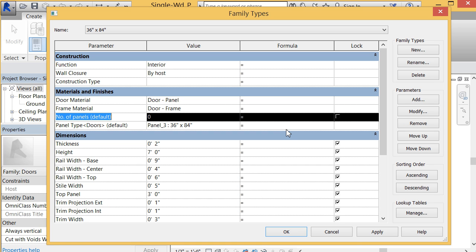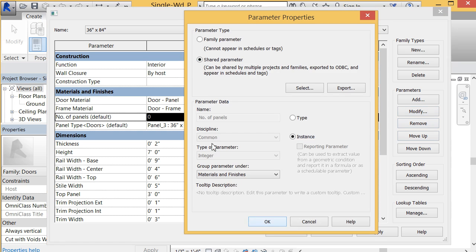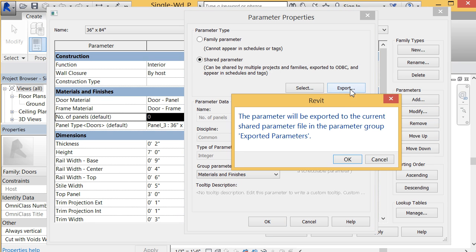Remember in the first video we discussed swapping the shared parameter file that's being referenced by the family. So we just swapped door2 and switched it back to door, and now we can modify and export